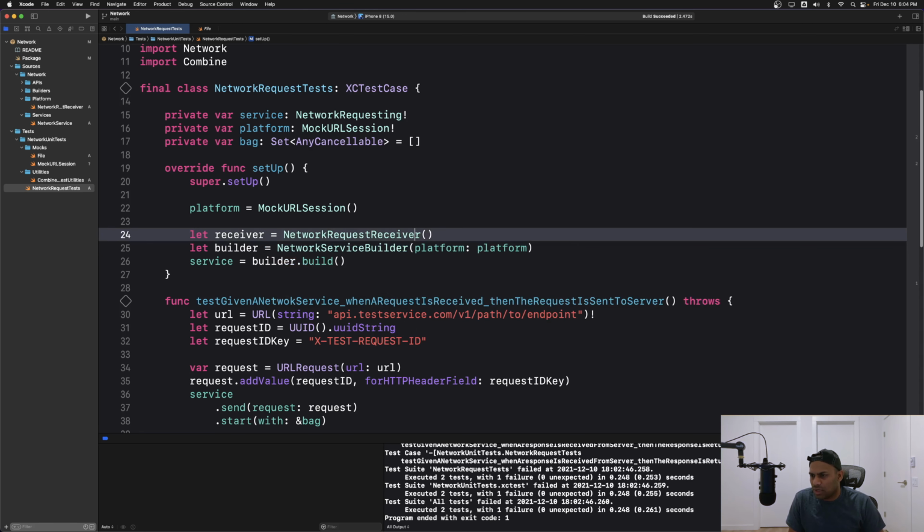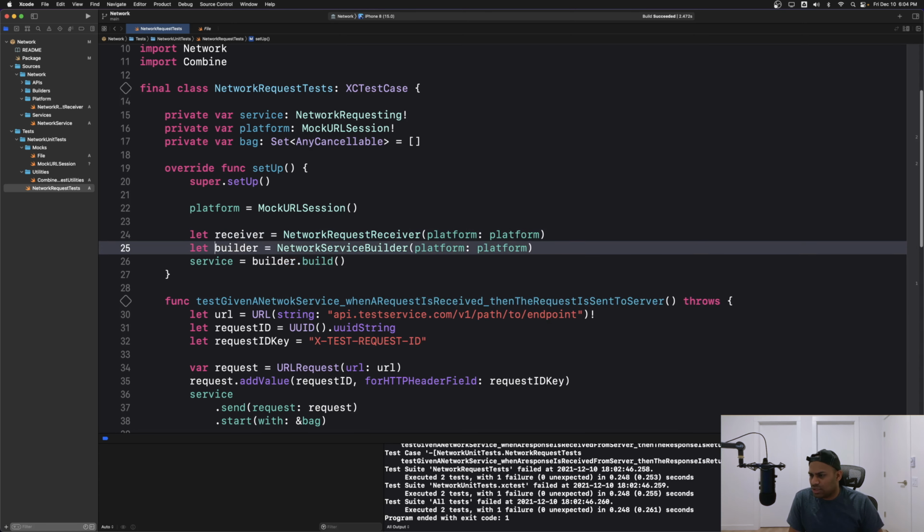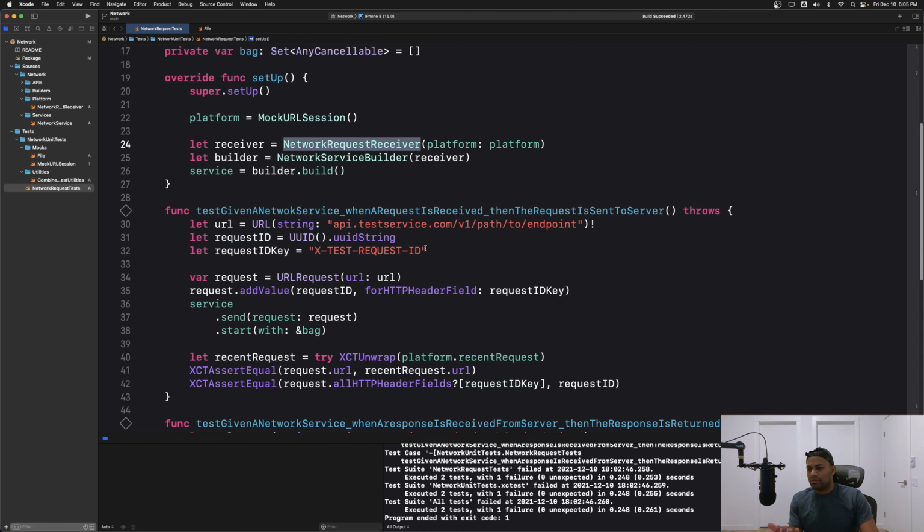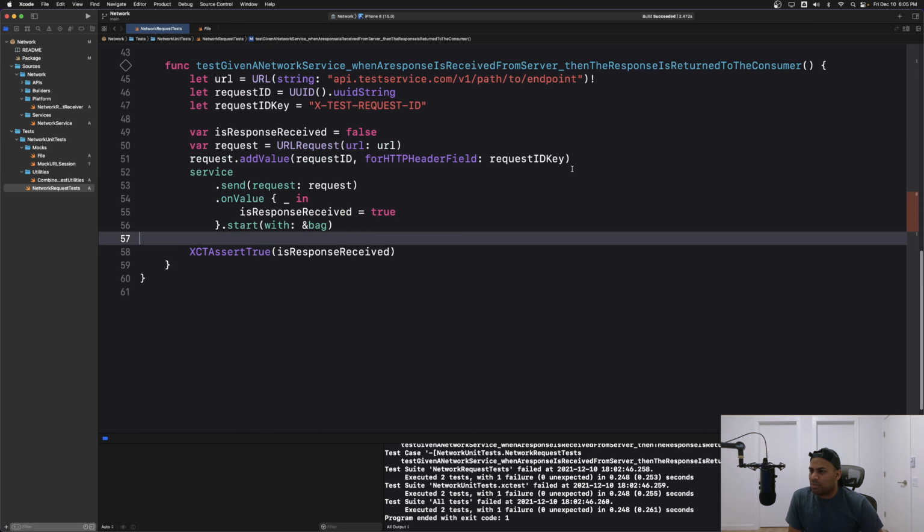A receiver and the platform, and then instead of that, we send this guy. So if we do that, it will put us in a position where we can just mark this network request receiver in our test and then send a dummy data from it. So if we have the platform, that means